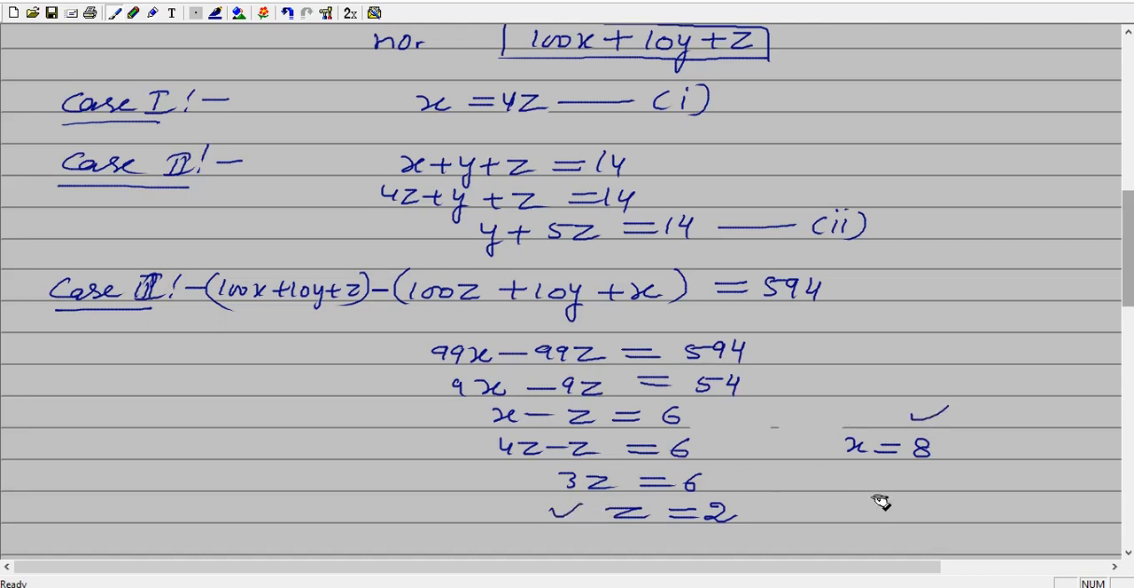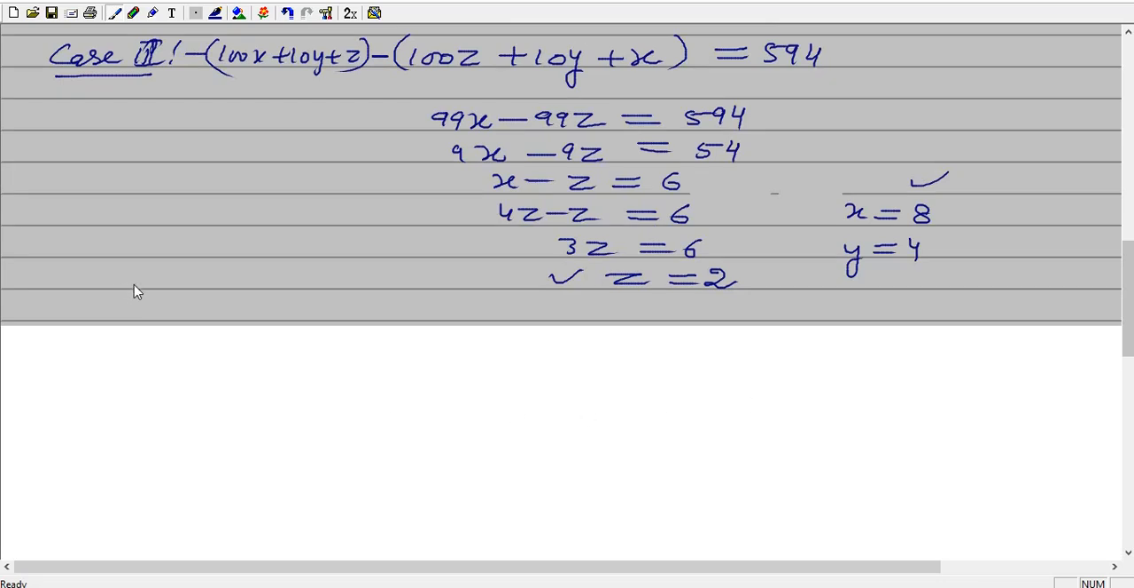If you say I will find y also, put the value of z as 2, so 5 2s are 10, and 14 minus 10 gives y equals 4. So x equals 8, y equals 4, z equals 2. And the next question is